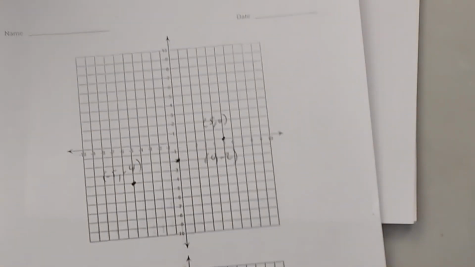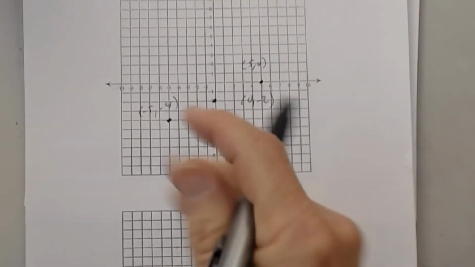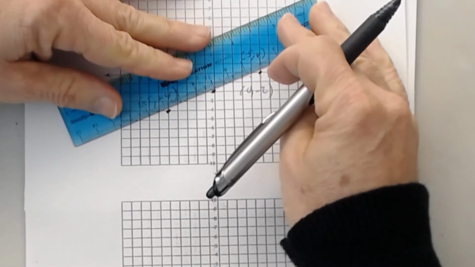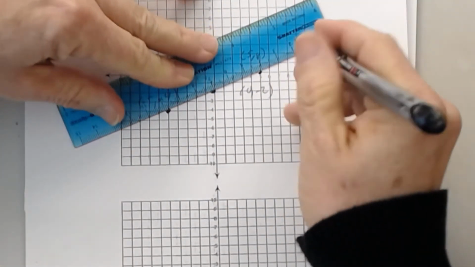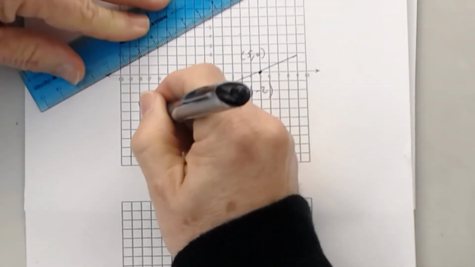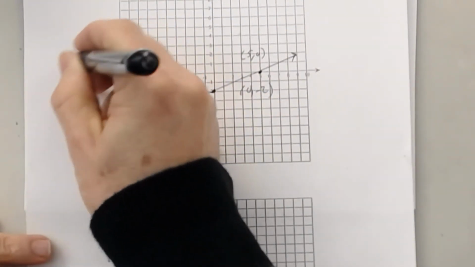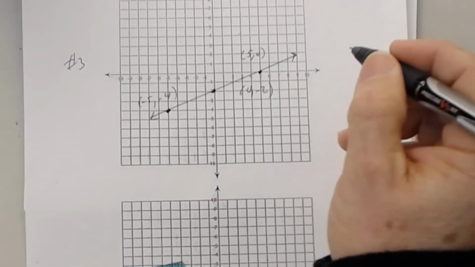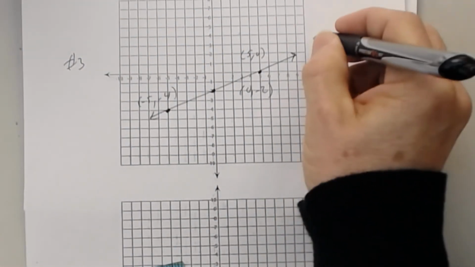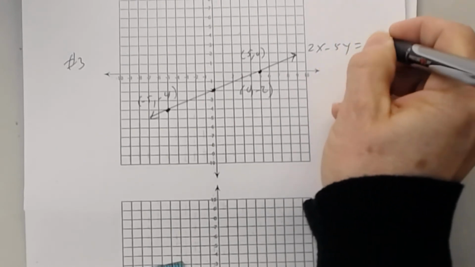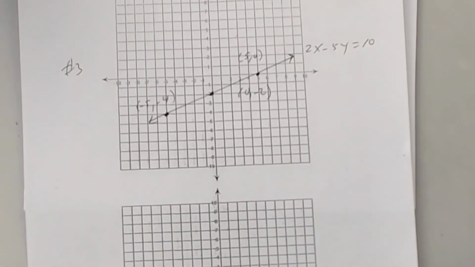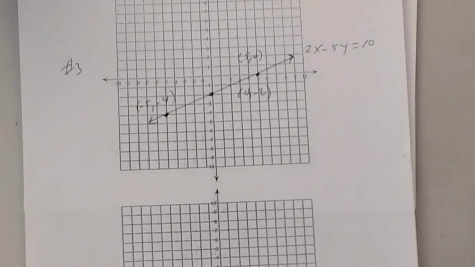Okay, so did I finish graphing this? No? Okay. So the only thing I've got to do is to draw the line, right? So that's number 3, and that was 2x minus 5y equals 10. All right. Now,